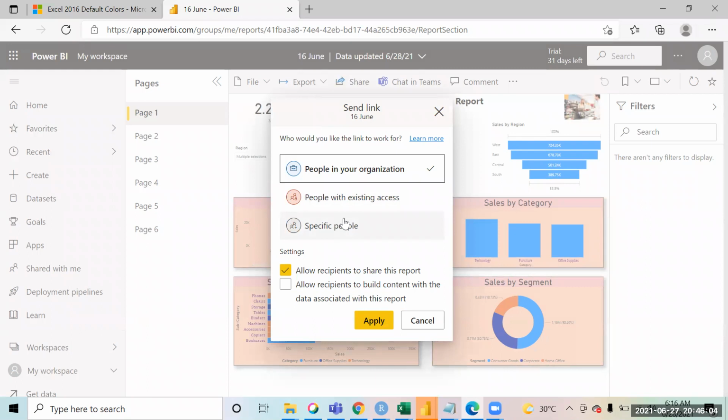Okay, actually, have you got that free account? Yeah. Actually, it will be coming because you would be only having one email address. That is why it is showing this only, because I have already 2-3 email addresses. That is why it is showing me those people in your organization and specific people. Okay.